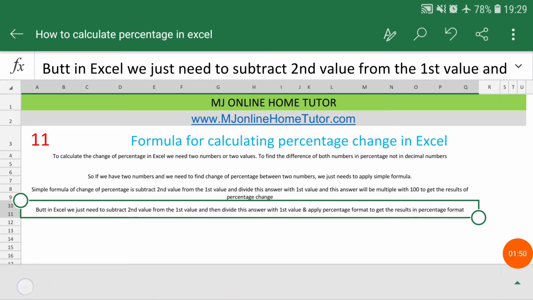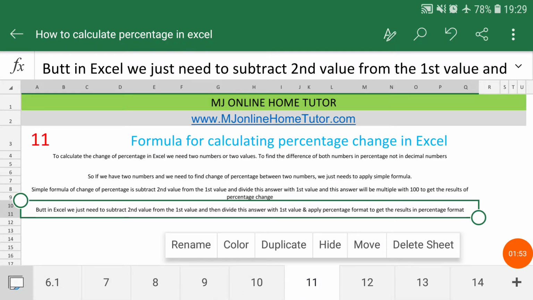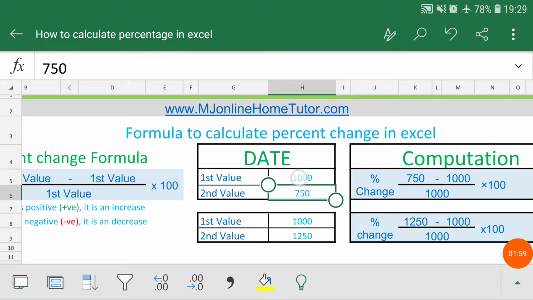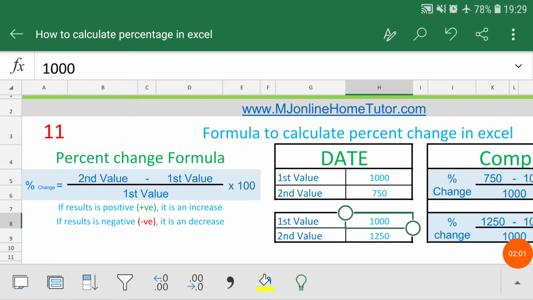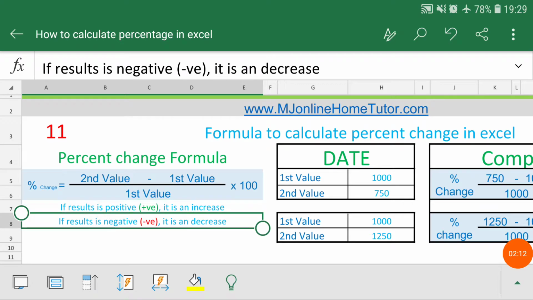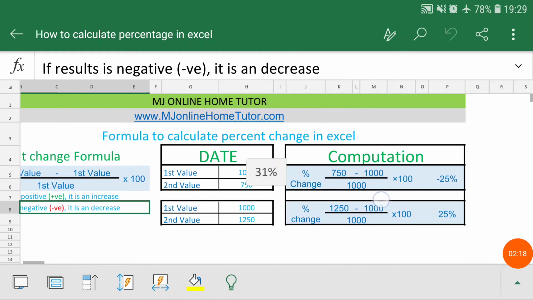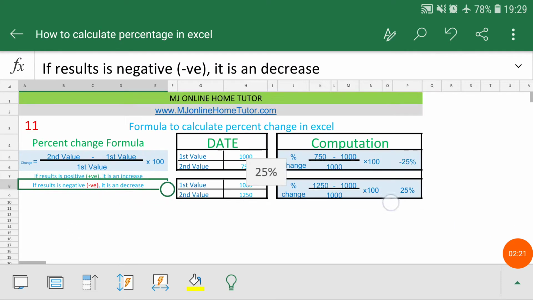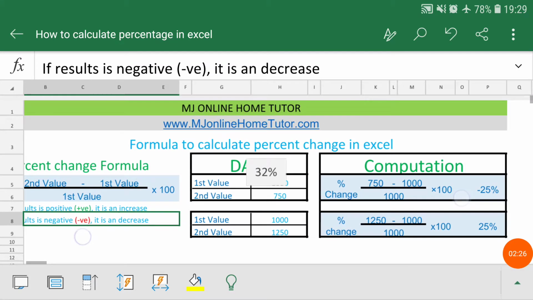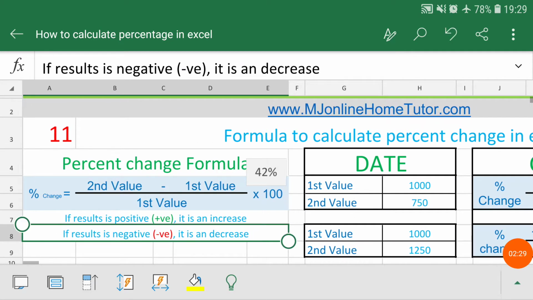So let's start. Now I'm going to apply the formula on our exercise. We have data available here. First we will discuss the first exercise, then we will discuss the second one as another example. If we get the result in positive, the number has increased, which means the second amount is increased. If we get the result in negative, the second amount has decreased. Here we are going to apply this formula on this Excel sheet on the mobile phone. You can apply the same formulas on the desktop version as well. That's very simple to apply.